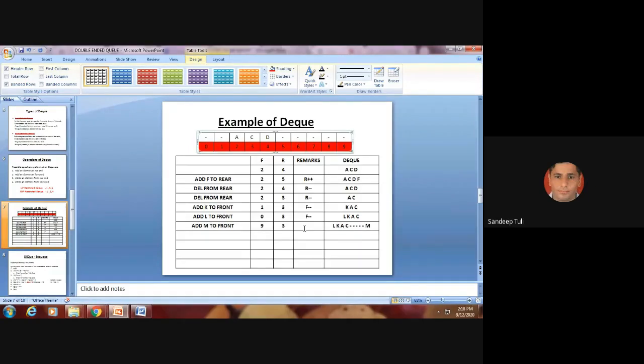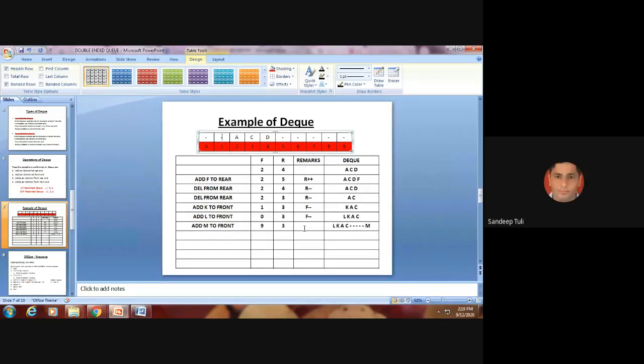When you add at the front, front is actually -1, so front should be 0 initially. Okay sir. So if we are adding the first element from the front, it would be at 0, and then the next element will go all the way to the last index. Definitely, if you are adding through the front, it will be at 9 after the initial index. So if you are adding after the initial index, it will go all through the last index. Very good.